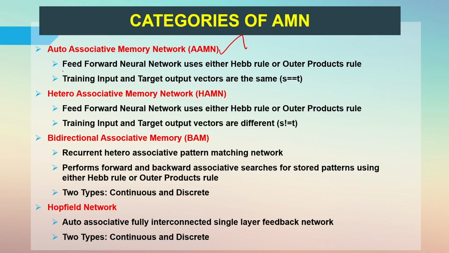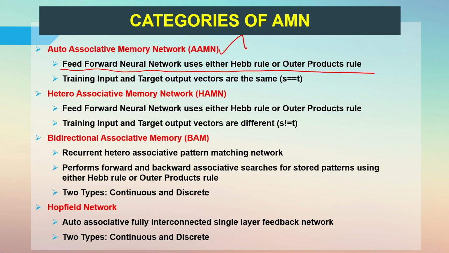Here is the recall pattern, that is the most important one, that is based on only the weights. So the weight updation equation, in addition to that, how the net input is calculated, how the output is produced, followed by weight updation. These equations, and the architecture as well, these 3 kinds of equations are most essential to study the neural network. See here, the architecture is a feed forward neural network that uses either Hebb rule or outer products rule.